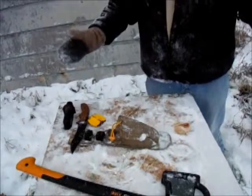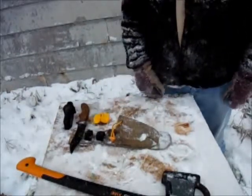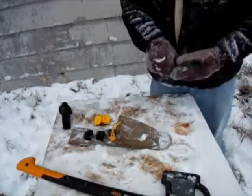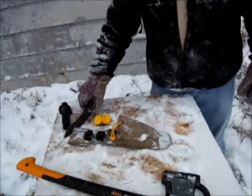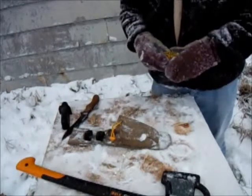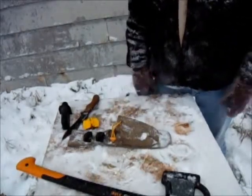Sharpening your tools is something you ought to think about. If you're going to be out for an extended period, more than a couple of days, swinging that knife, chopping through trees, skinning game, whatever, it's going to lose its edge eventually, and that'll put an edge back on it real quick, and it doesn't cost much of anything, like